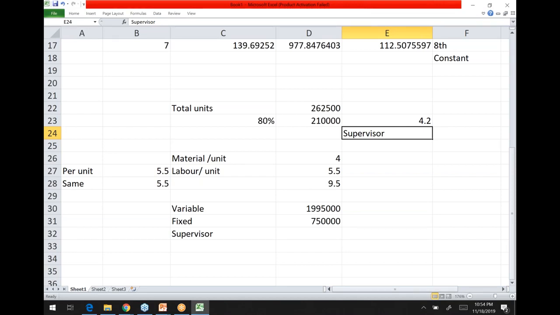So five supervisors multiplied by 35,000 salary is 175,000. For the first 50,000 one, second one, third one, fourth one, and for the next 10,000 above we need one more. So the answer is